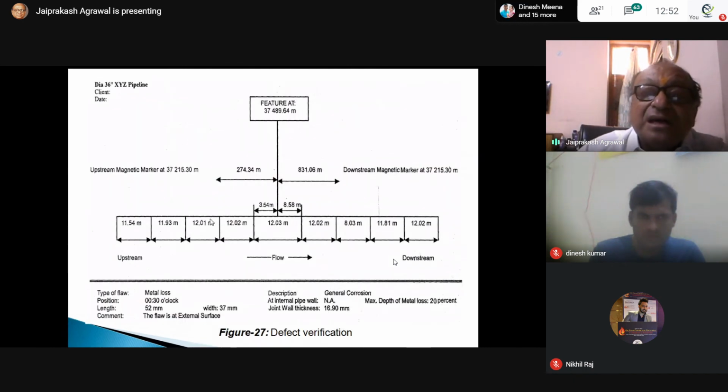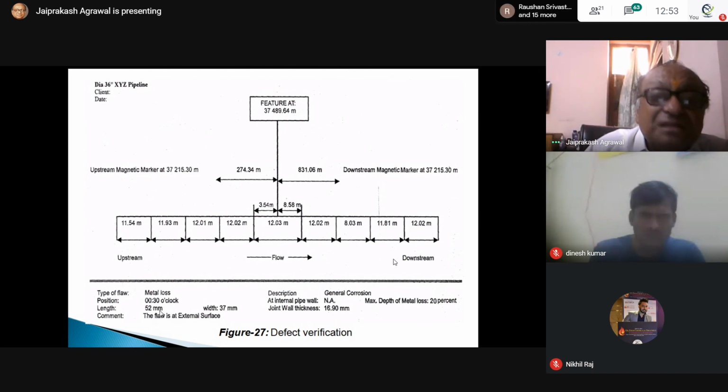How do you measure that? Wherever there is any feature, they have the graph. So this they give. These are the weld joints, and that distance they are giving. This is the one weld joint that they show. The location is there, the flow and the metal loss position, the 030 o'clock position they are giving.